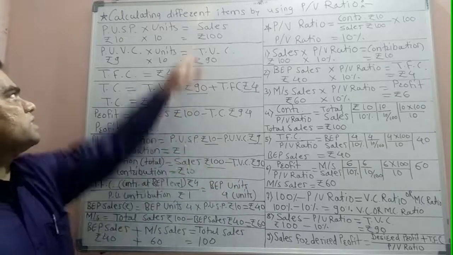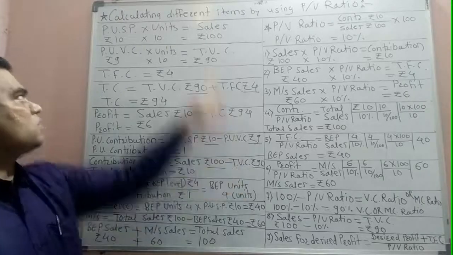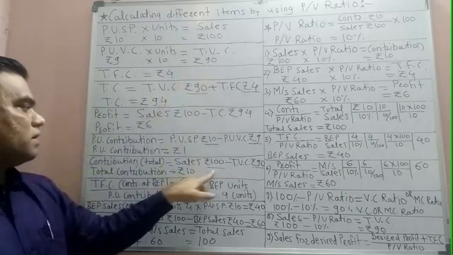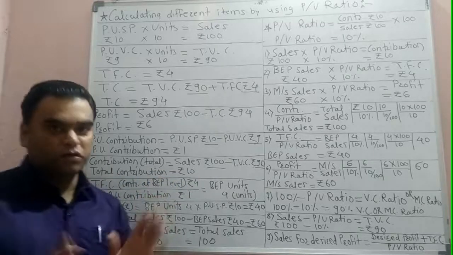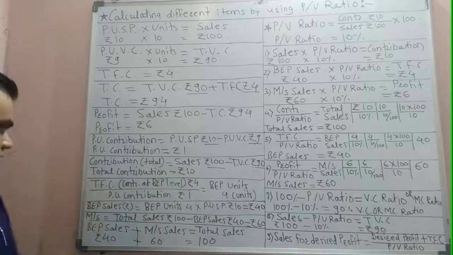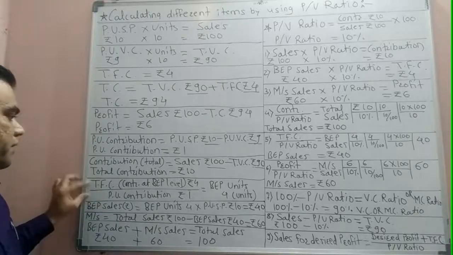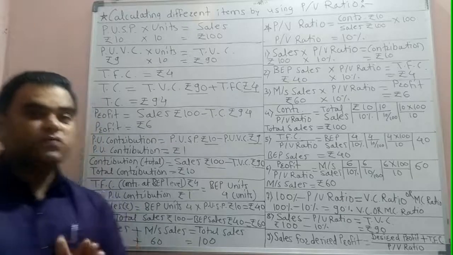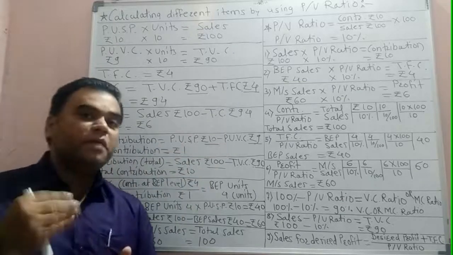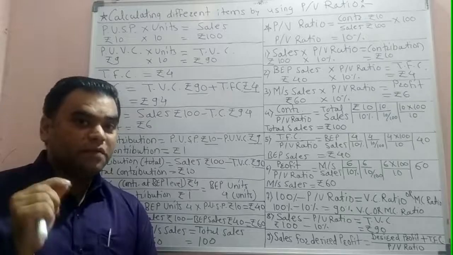Total sales, which is 100, less total variable cost, which is 90. So 100 less 90, rupees 10 will be the amount of total contribution. Next, now we are going to calculate BP units. BP units. As we discussed in the previous lectures, when BP stage comes, when